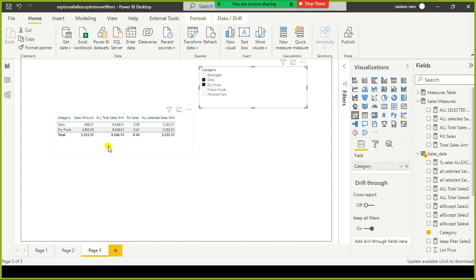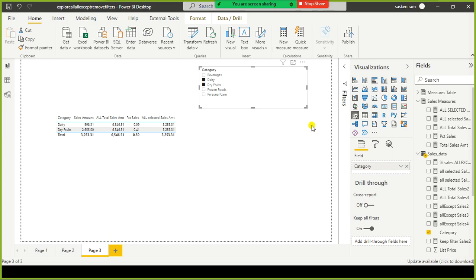In the case of ALLSELECTED, it repeats the total sales amount only for the visible categories. Currently these two categories are visible, and for these two categories the total sales is 3253.